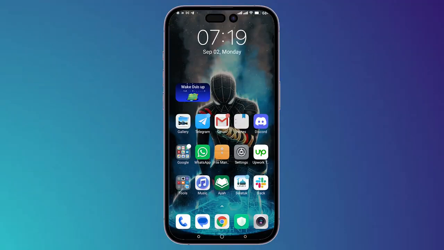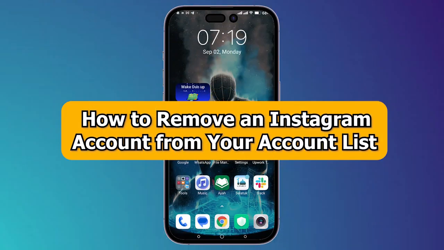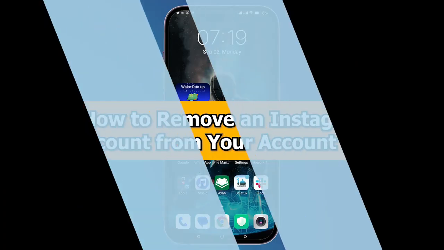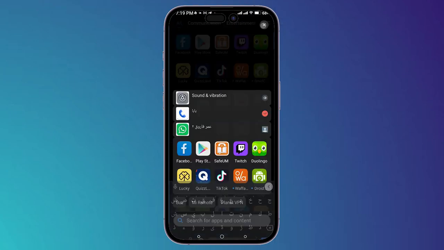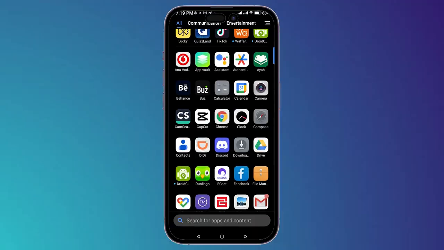What's up guys, I'm Zain and today I'm going to show you how to remove an Instagram account from your account list. Now let's say that you have more than one account on your mobile phone and you want to